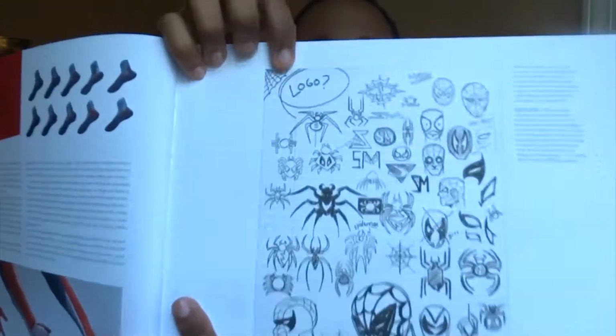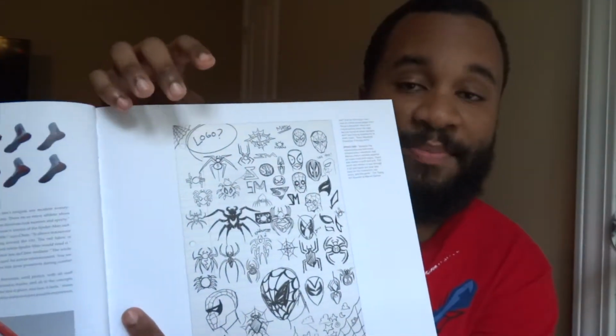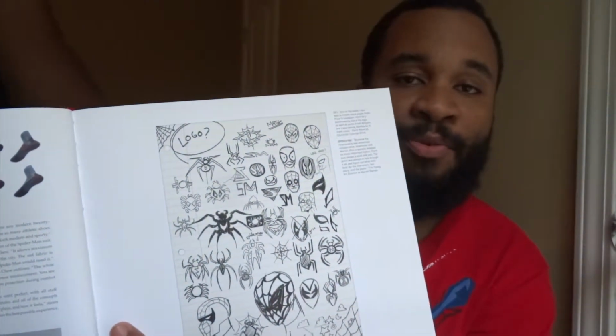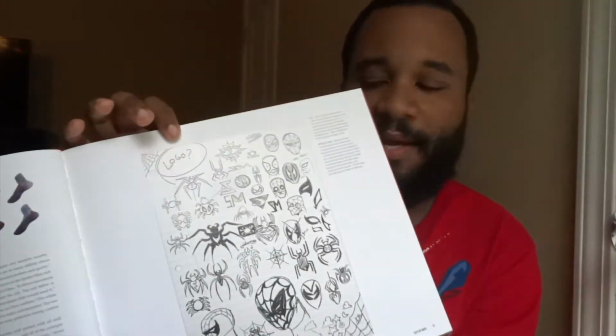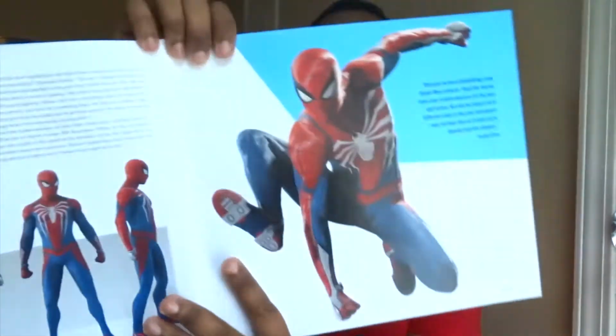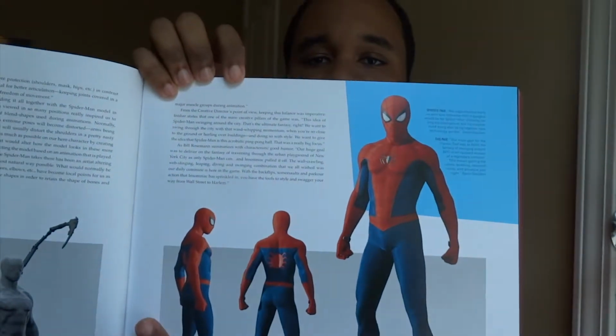Here we go. Here's some logos. I think these are from inside the game. When you see them when the game starts and the camera is panning through Peter's apartment, you see some sketches that he did for his spider symbol, or it's also in his office too, I believe, when you find out about his job that he's doing. And then here are the final concept images of the suit right here, and then some information on how they got to that point. I love these art books, man. I love reading about the... Oh, here's the original suit. No spoilers, because the game opens up with you in this suit. There's the original suit. I love this because